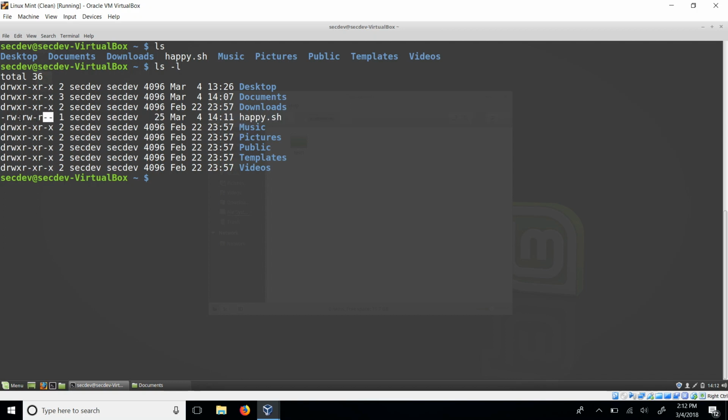This first column right here is the permissions for the different files that are on your system. We have an R, we have a W, and then some of these have an X. A dash means that it's not one of the permissions we have. You'll see that this RWX sequence repeats 3 times. The first column